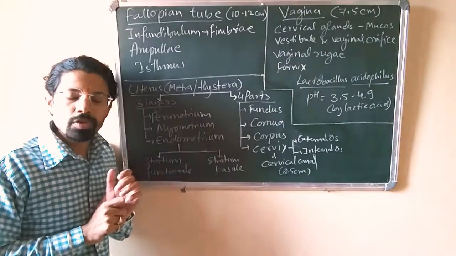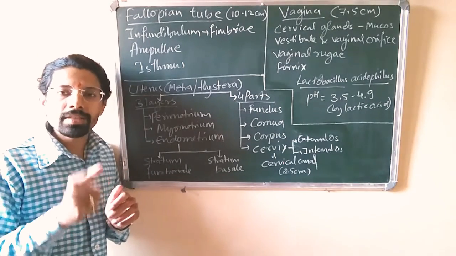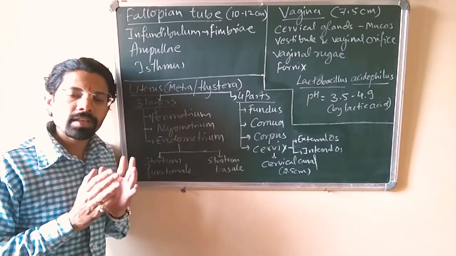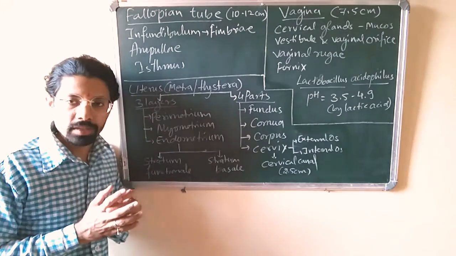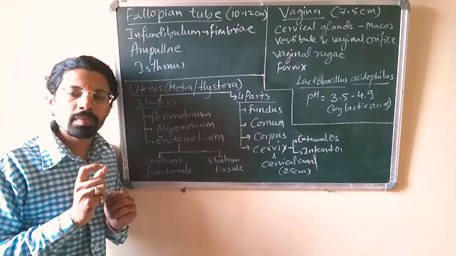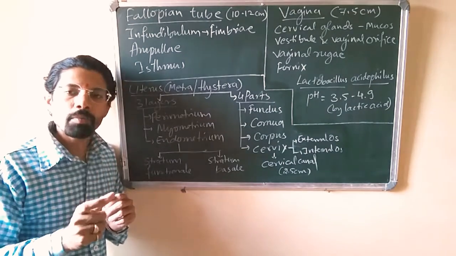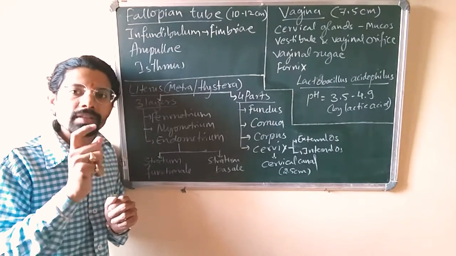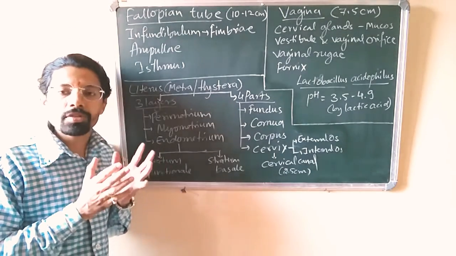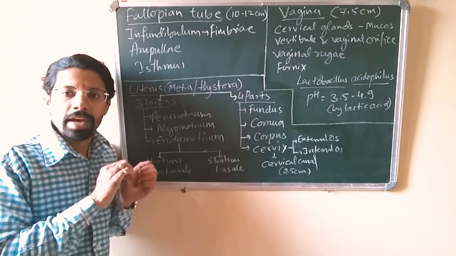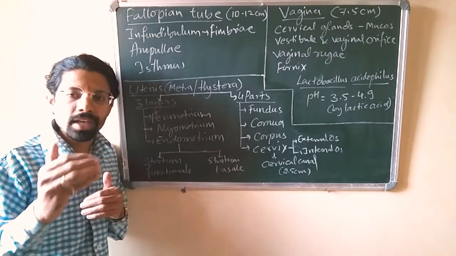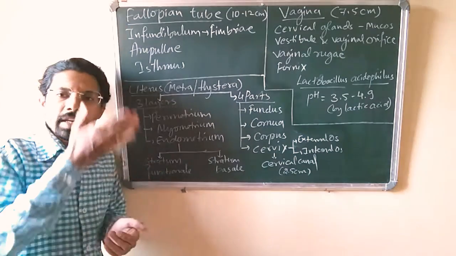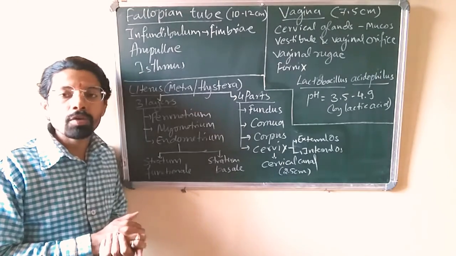The major portion of the uterine lining is the second layer, which is the myometrium. The myometrium is made up of smooth muscles. It is a layer of smooth muscles which is very important during the process of parturition, or what we call childbirth. The contractions of these muscles themselves expel the fetus outside during parturition. Clear?